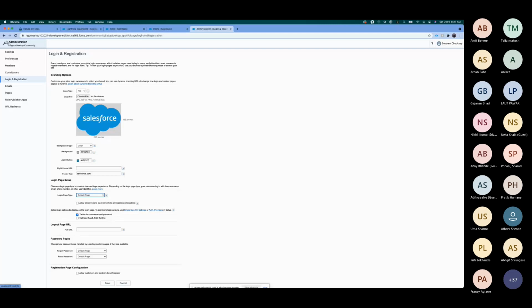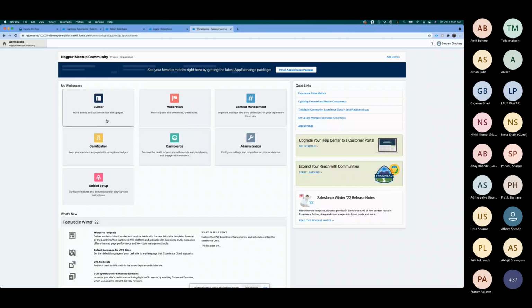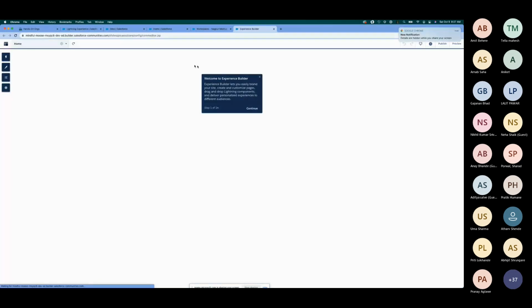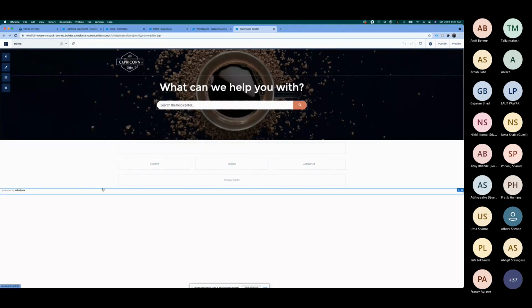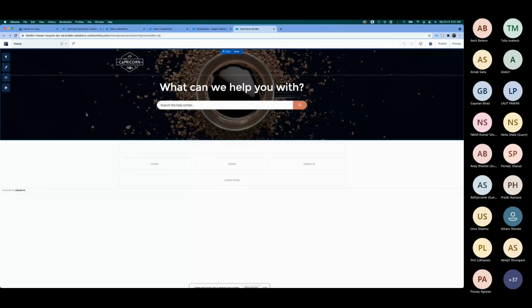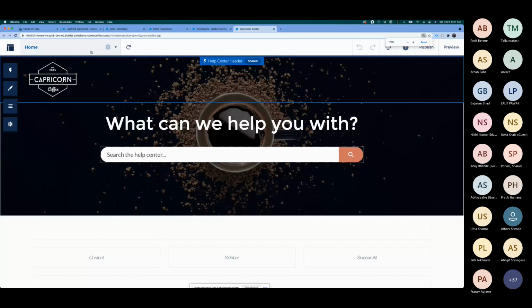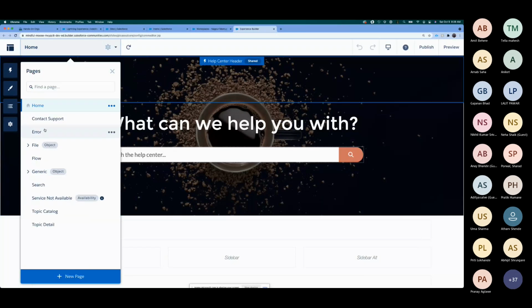So I'm going back to the workspace, and the important thing is we will go through the Experience Builder. In order to go to the Experience Builder, you just click on Experience Builder and it will open up the site. The template which we have selected by default has some layout configured, and then we have all these different pages available by default. You can create more pages, but these are the pages which come in a bare-minimum website, you can say.